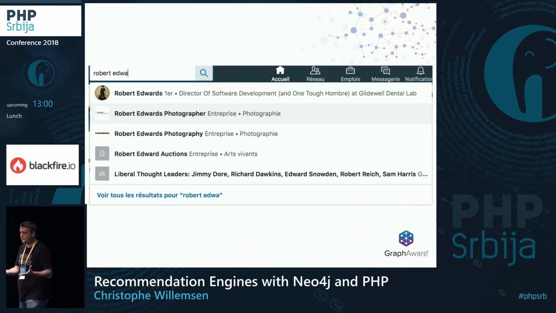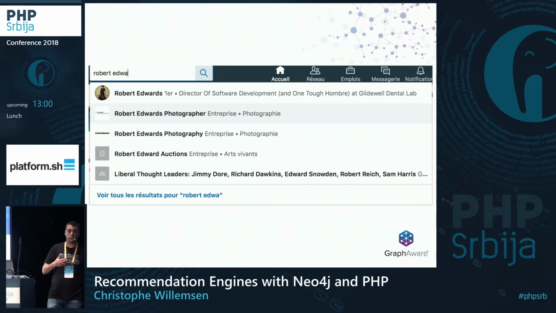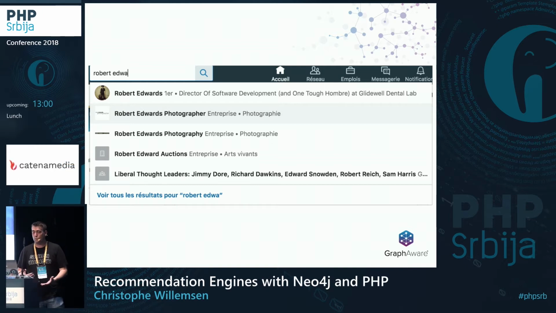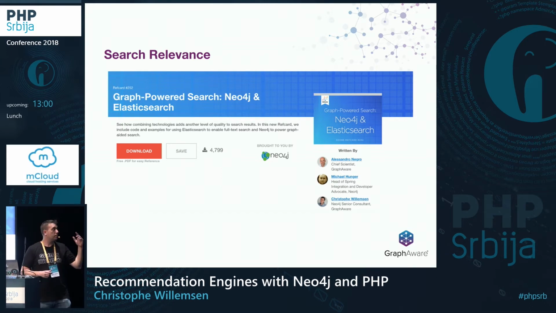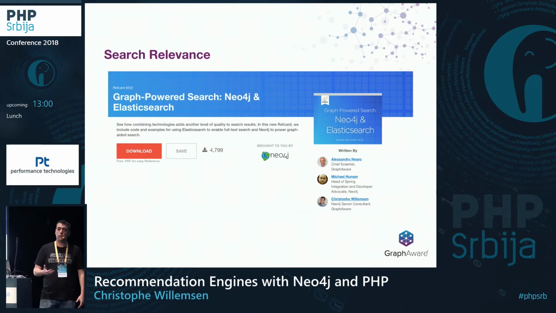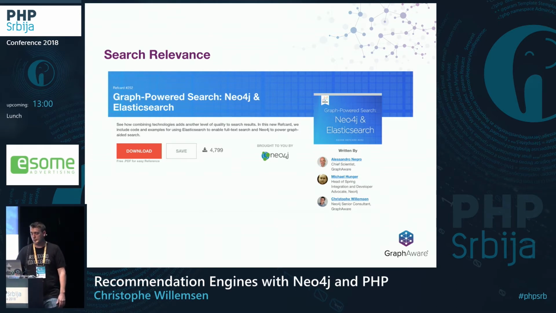So you can connect all this information, store it into Elasticsearch, for example, or use it real time. So you first query Neo4j, then Elastic, to improve the relevancy of the results of the search. And if you want to learn more about this, we created with one of my colleagues and Michael Hunger, who is working for Neo4j itself, a guide on how we use Neo4j and Elasticsearch together to build powerful and relevant search experiences. So go check on DZone and you can download it.